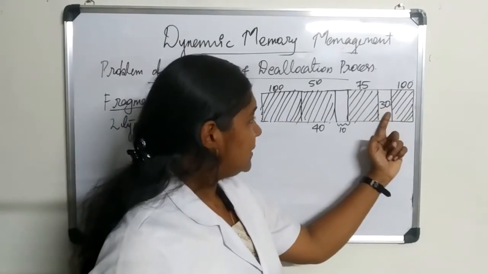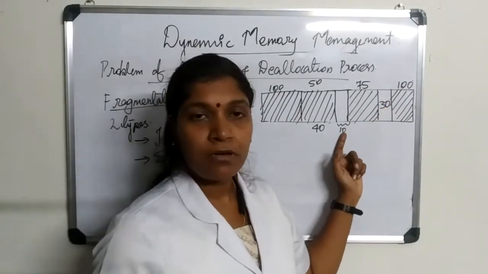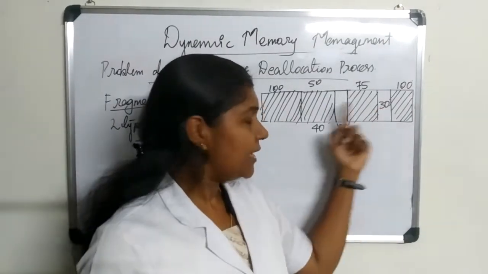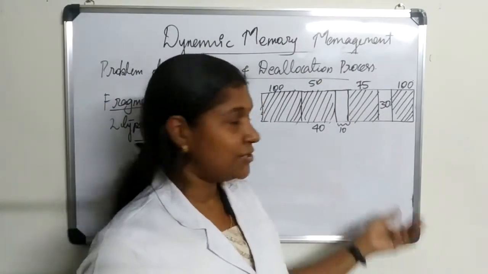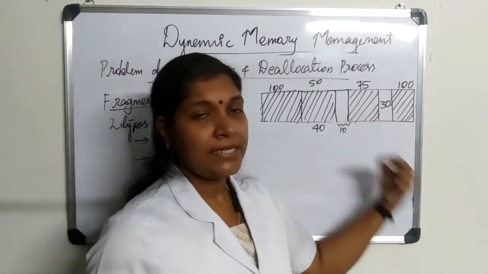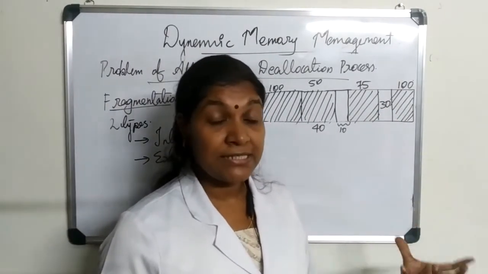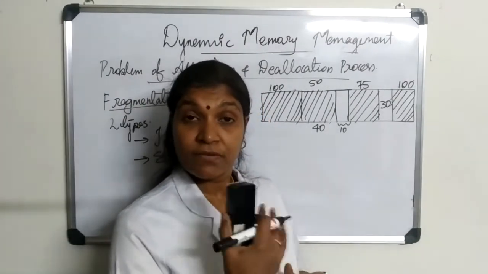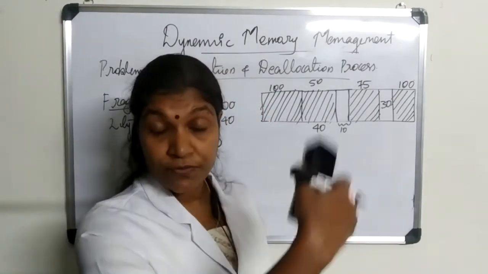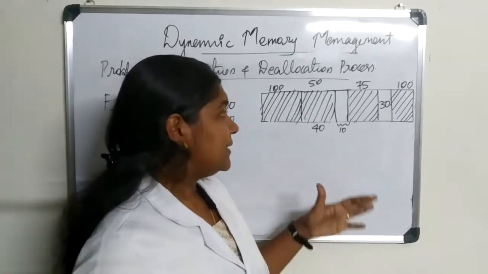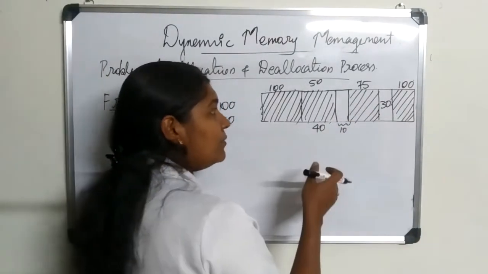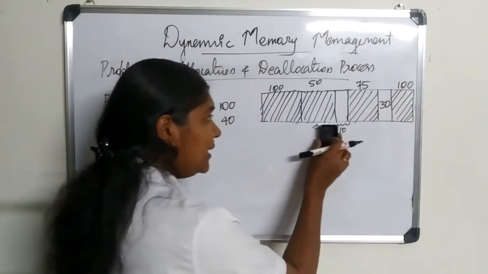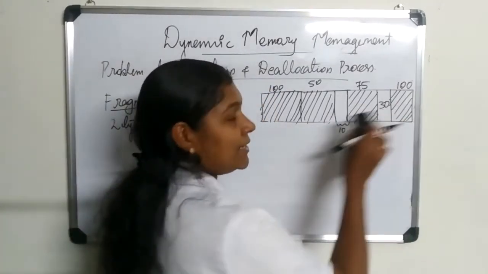So again, 30 plus 10 bytes, a total of 40 bytes is staying as residue. So this is known as internal fragmentation. If the amount of this internal fragmentation is very small in the system, that doesn't create any problem. But imagine if the level of this fragmentation goes higher and increases further. Even right now, only 40 bytes of memory is available, as 10 bytes and 30 bytes.